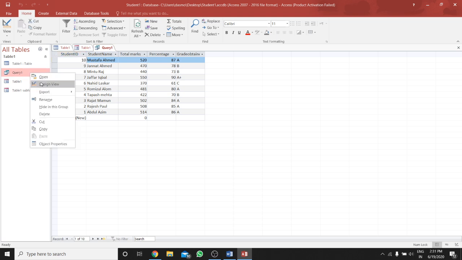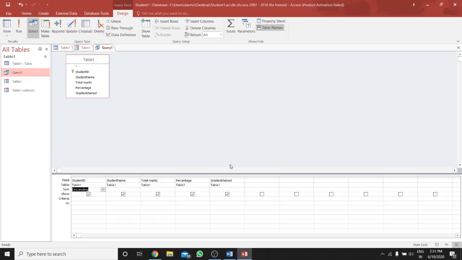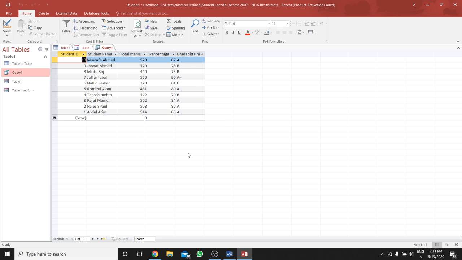So this is a query, basically how we want to set a criteria. I have also shown how to save. For saving a query, you will just click on save. So you can just save it as a query.